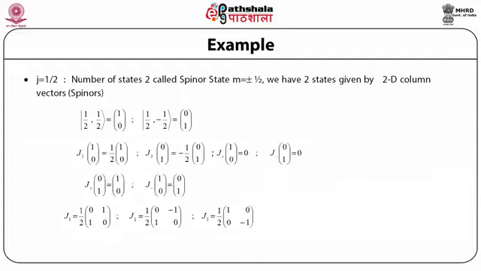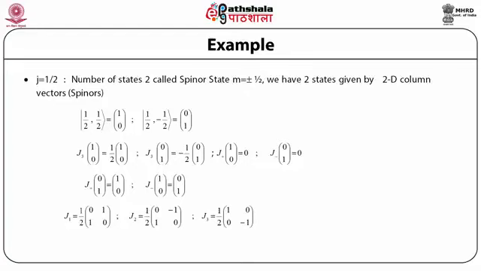What does J3 do to the state 1 0? J3 projects the value of M. And what is the value of M for the state 1 0? Half. So J3 acting on 1 0 is half 1 0, and likewise J3 acting on 0 1 is minus half 0 1. And J plus acting on 1 0, what would it be? It would be 0, because M is already plus half, which is the maximum value. So J plus cannot further increase. So J plus acting on 1 0 is 0.